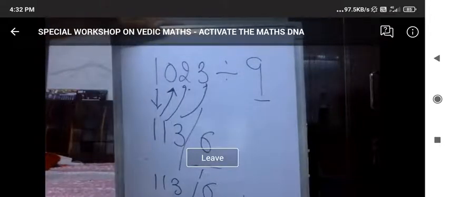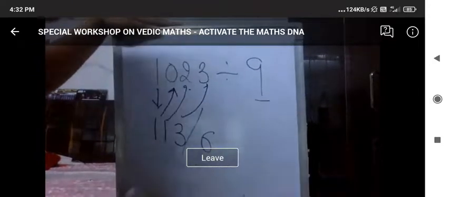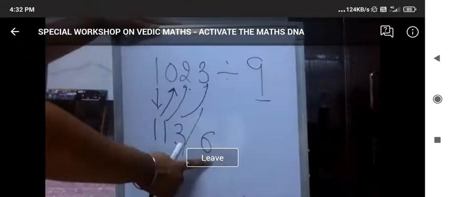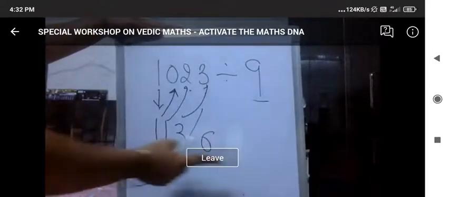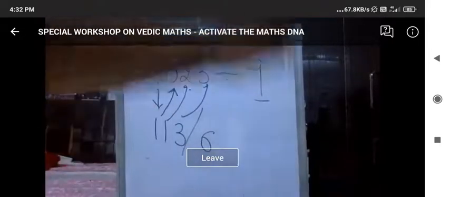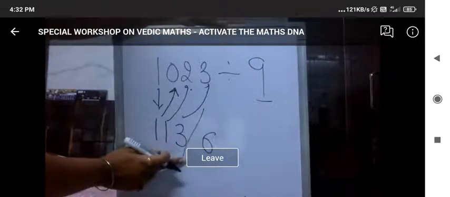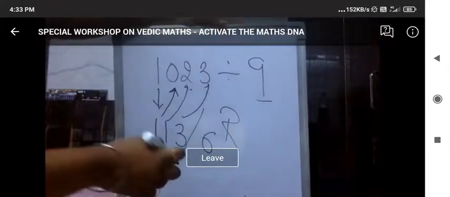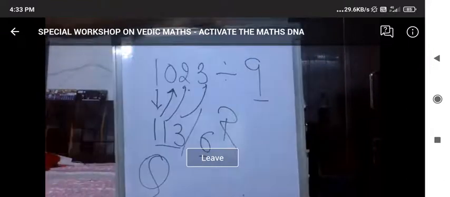Now, why exactly am I putting a slash here? I'm putting the slash before the number which I said in the end. That is 6. I said 6 in the end. If it is 6, 7, 8, 9, 12, 13, 14, whatever we say in the end, I'll put a slash before that. This portion is my reminder and this portion is my question. So here is my question and here is my reminder.